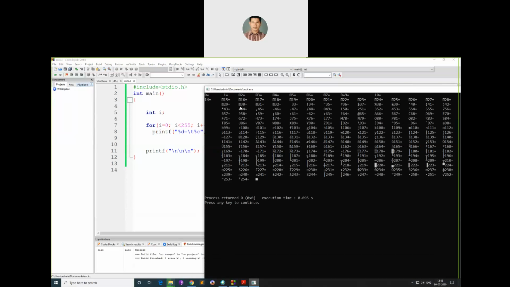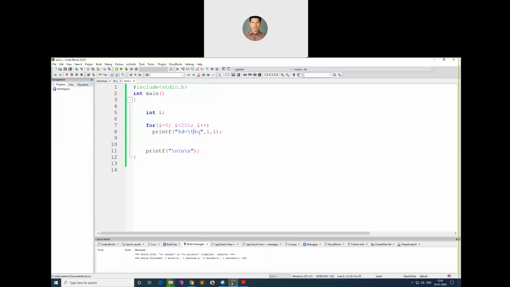Okay, is it visible? See this, 0 equal to what? 0 is space, and if you see the last number 255, that is also space. Other than that, you can see 1 equal to what? 1 is again some character, 2 is also not defined, 3, 4, 5 and all. Nothing is printed, no? First percentage d, 0 is printed, then this is printed. We need space in between, so I will put a space here, not here. Delete, delete. And see this one, this space, then tab. Run.